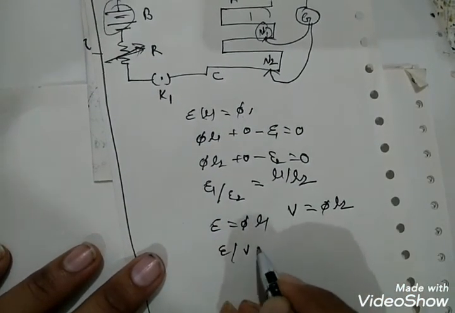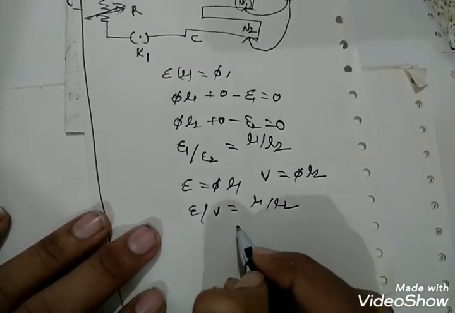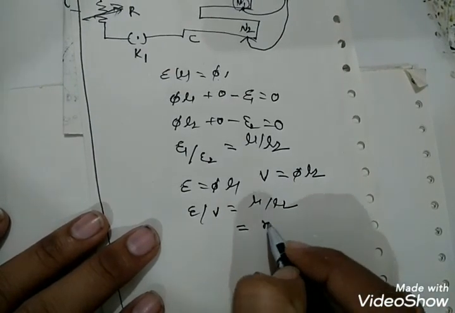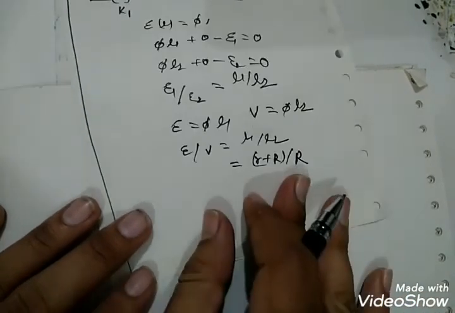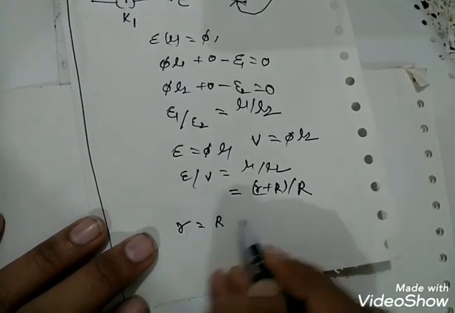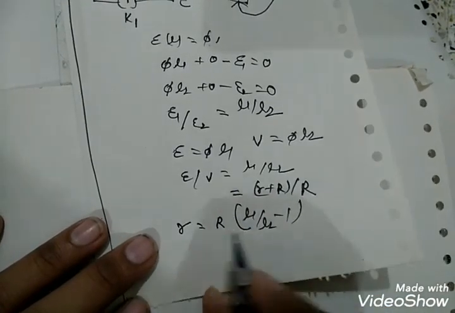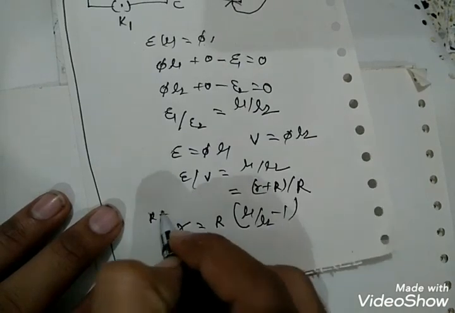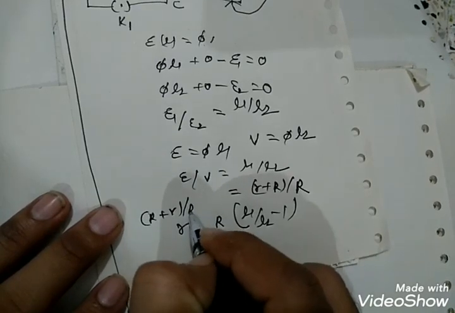So E upon V is equal to L1 upon L2. Here we know that E upon V is equal to R plus r upon R. So the final equation is r is equal to R times L1 upon L2 minus 1, because we know that capital R plus small r upon R is equal to